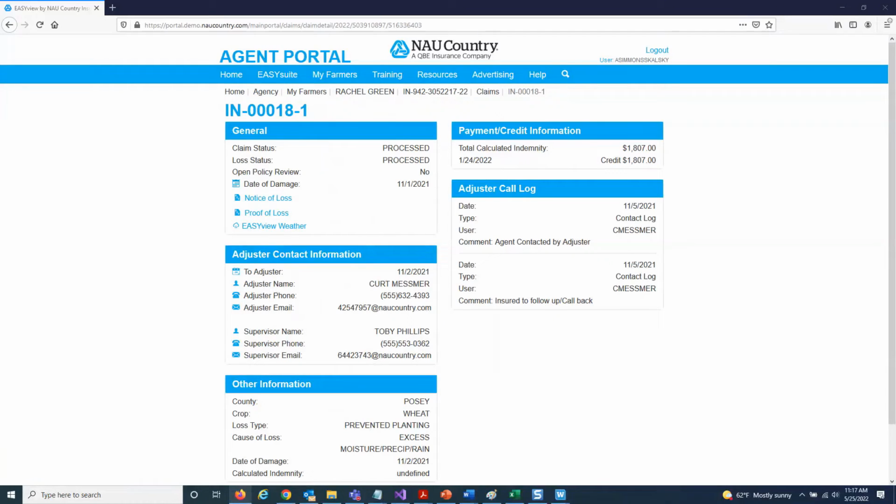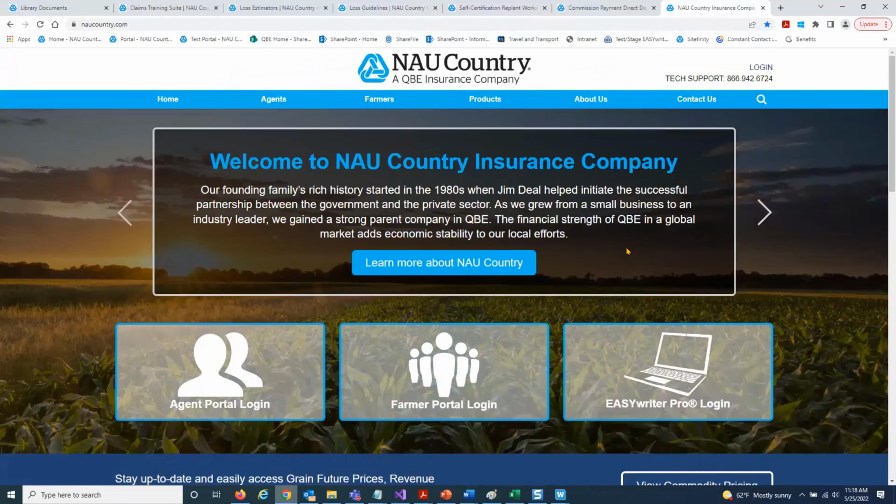All right, let's talk real quick, a little plug I'm going to do here. I'm going to go out to our website, and I'm going to talk a bit about direct deposit. Because now, we've gone over the submission process, we've gone over the notification process and claims tracking. Now let's talk about how your insureds can get their indemnities paid quickly and easily. And one way to do that is to elect direct deposit. This might be something that you may already talk to your insureds about, but it certainly is an option that